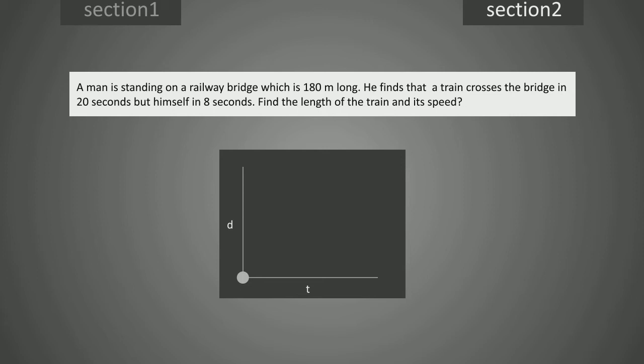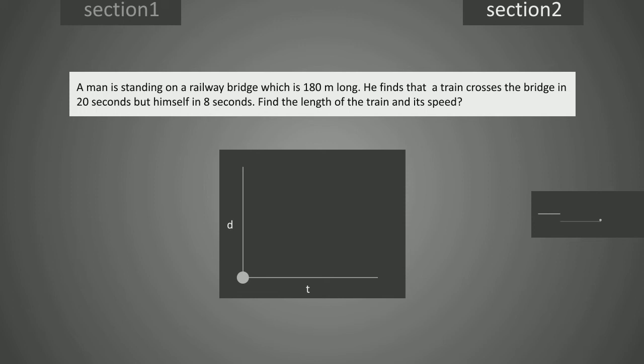First, let's assume the man was at the end of the bridge. Surely you can assume his place to be anywhere, and let's choose the bridge as our frame of reference. Now back to the problem. He says a train crosses the man on the bridge and the bridge in 8 seconds and 20 seconds,